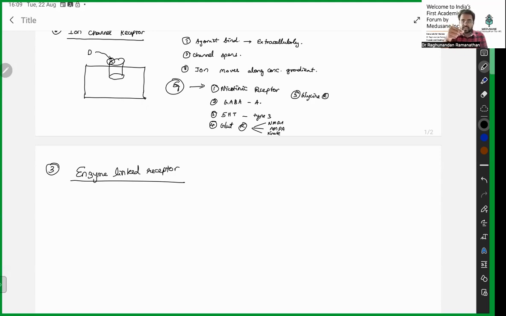Agonist, when it is going to bind extracellularly, that binding causes a dimerization of the receptor. Your receptor dimerizes. Once dimerization of the receptor happens, can someone tell me what will be your next step? Your next step is, okay, intracellular end. At the intracellular end of that receptor there is going to be an enzymatic activity. Which enzyme? The enzyme name is tyrosine kinase.